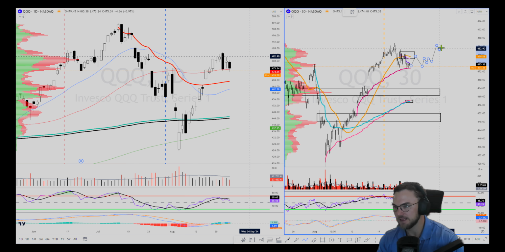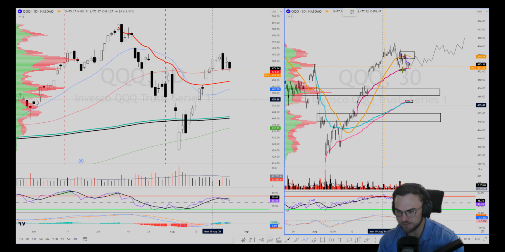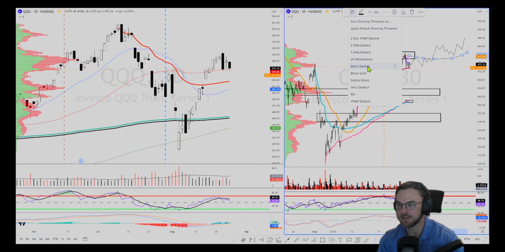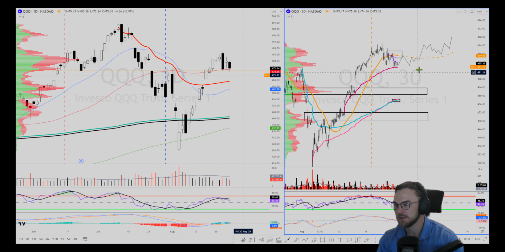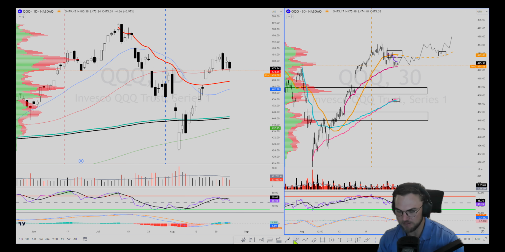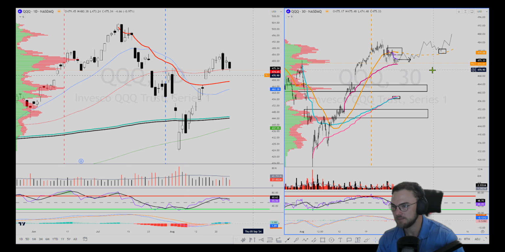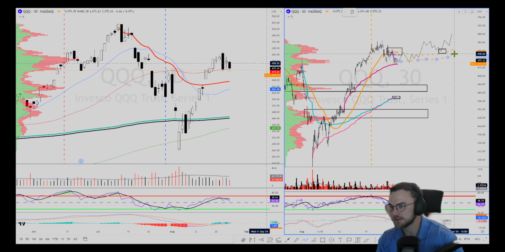get back above the 5-day, a little shakeout, and then get going. So then the 5-day moving average looks to decline. It looks something like that. And then we can look to try to participate. That 2-day VWAP will be looking, a 2-day VWAP will be coming up like this.